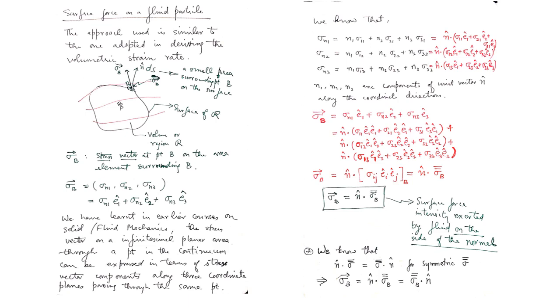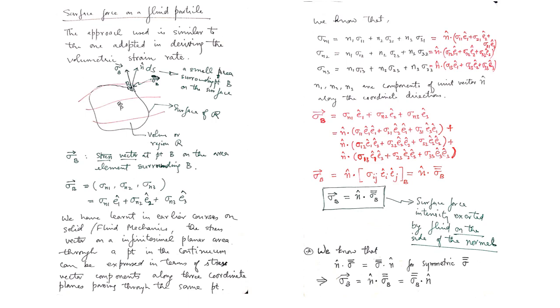These are components of unit vector n cap along the coordinate directions. So if you take n cap as a general unit vector, then the components along the three directions, also called direction cosines, these n1, n2, n3 are those values, right. Now we can write sigma n1, n2 and n3 in this manner, right. So now what is continued further on the extreme right,